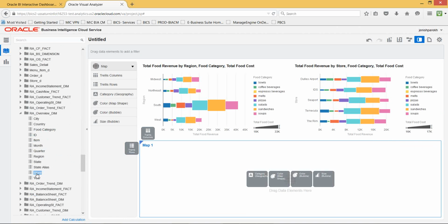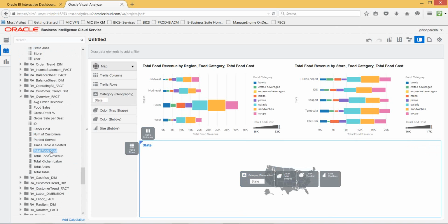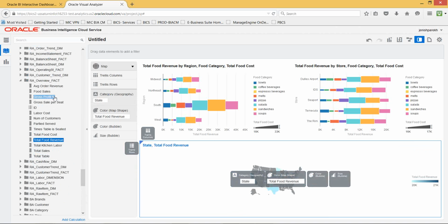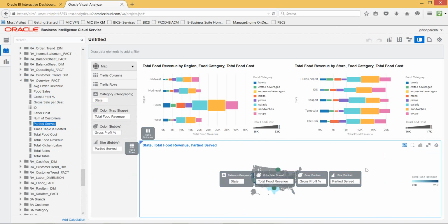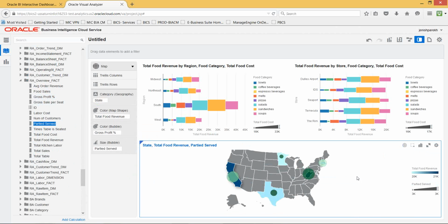So the category geography is the mandatory information we need to provide. Let's say I want to present it by different states. And total food revenue I want to analyze. So I'll show the shape of the map by total food revenue, and gross profit percentage can be presented as, let's say, bubbles. And the size of the bubbles can be presented. Let's say I want to analyze the number of parties served. So here you see with a bunch of clicks, I could create my own report without any need of an IT